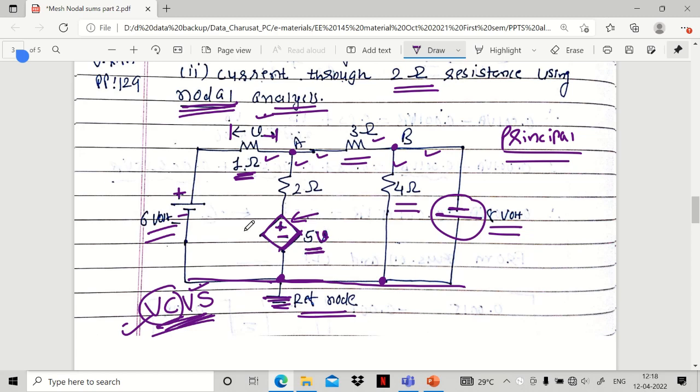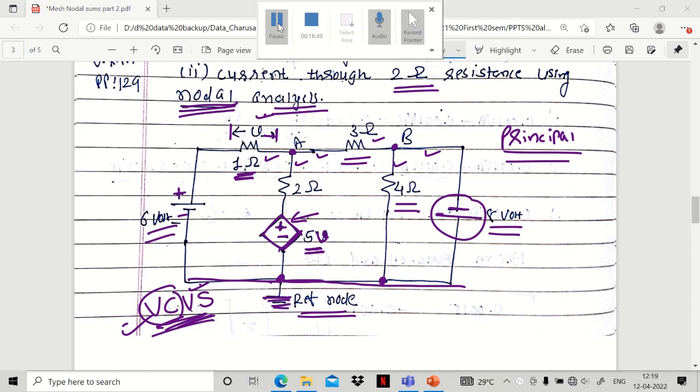It is because, suppose see, in this case this voltage source is in series with this resistance, right? So this voltage source can be converted into the current source. But if you do this, then the voltage across this 1 ohm resistance will be changed, and as a result this will also change, right? So we will not obtain the perfect answers, right? So the bottom line is, when the circuit contains the control sources, at that time when you want to use the nodal analysis, it is not preferable to convert the voltage source into the current source,